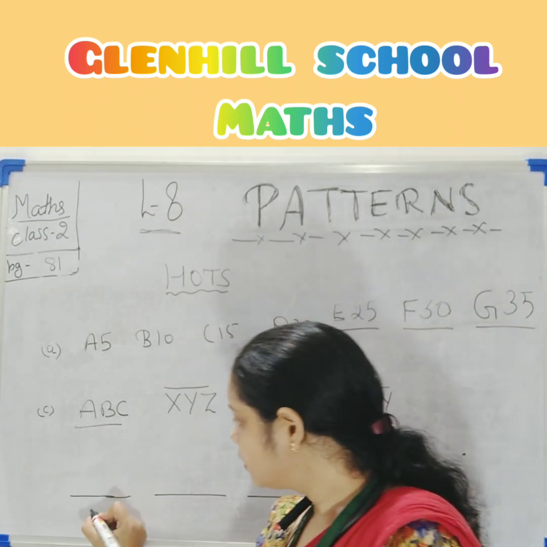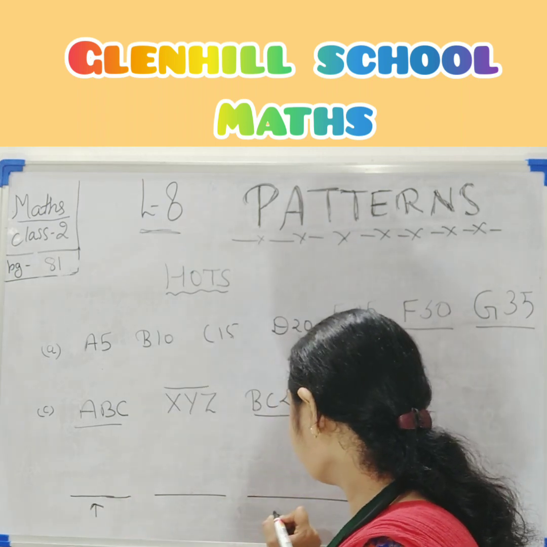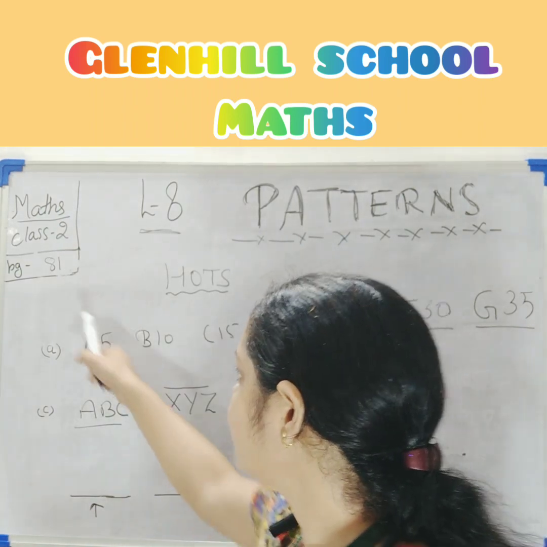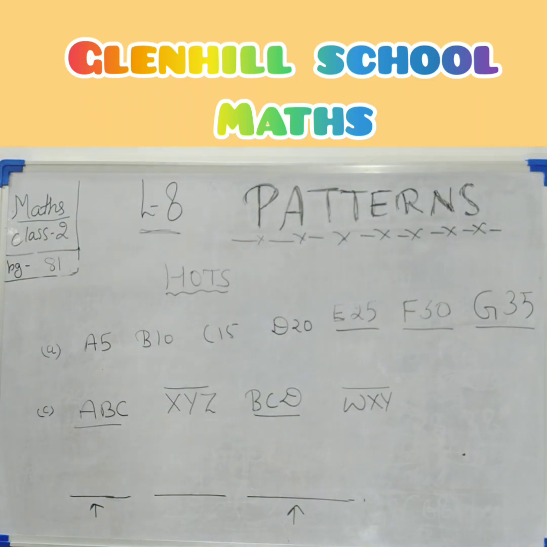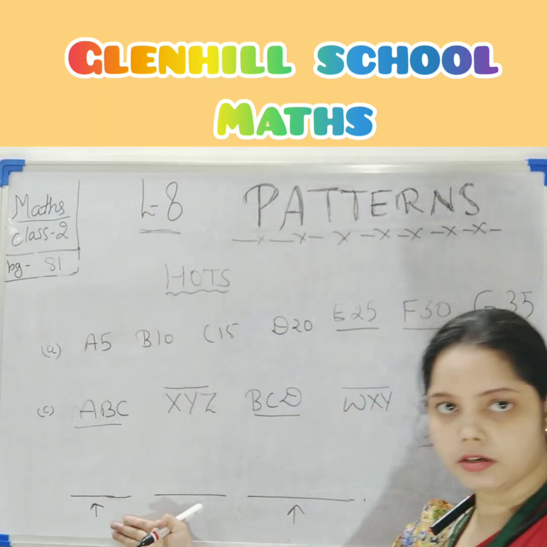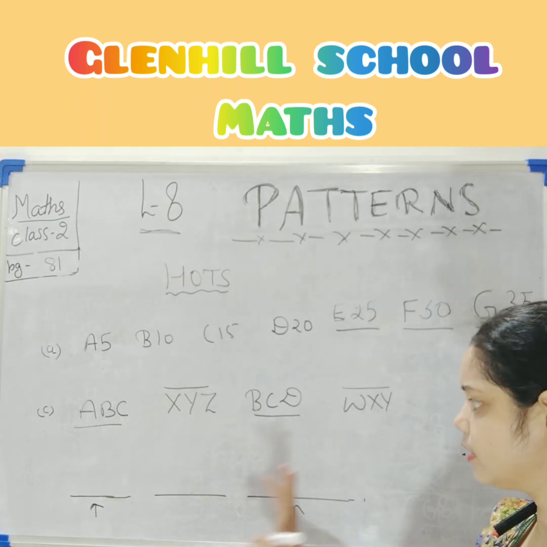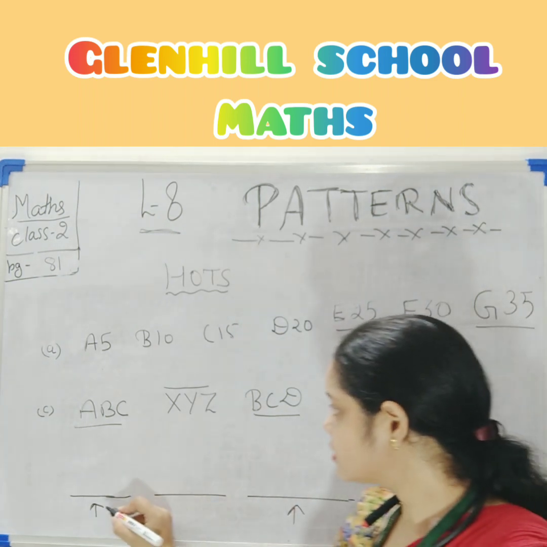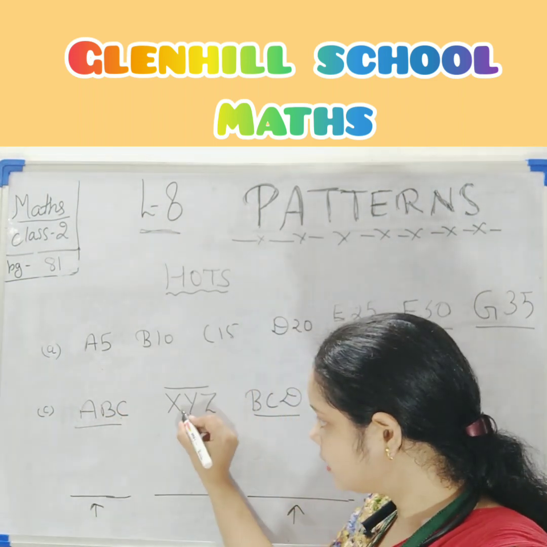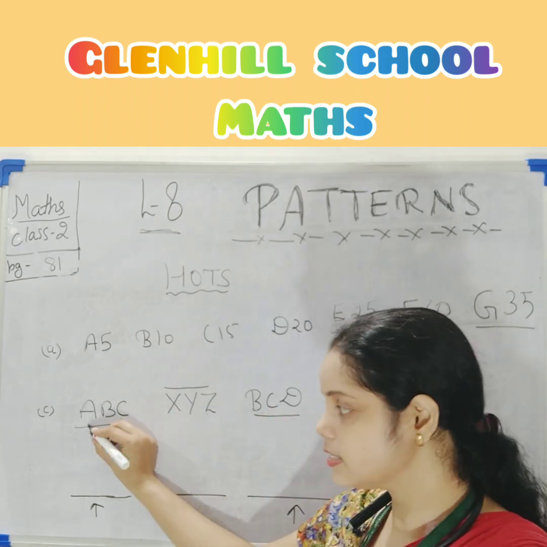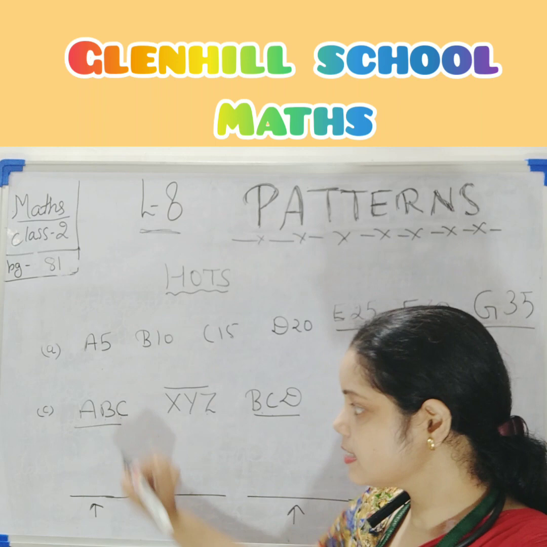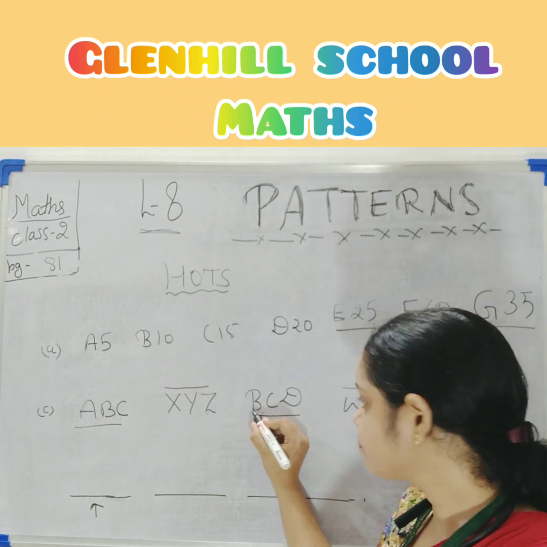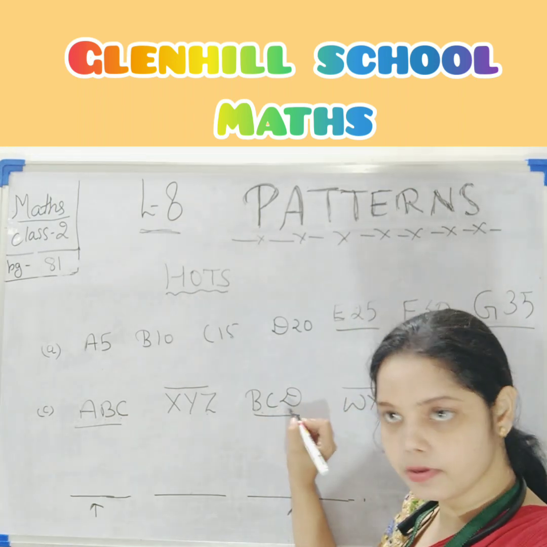So we will write here, here and here, here and here also, because in page number 81 in miscellaneous question only three fill in the blanks are given. So we can solve first and third as given pattern from there. So first is ABC, then XYZ, then BCD. So we will consider first ABC. Here ABC is given, then BCD is given. So ABC, but here A is missing, BC is here, but D is extra after the BC.